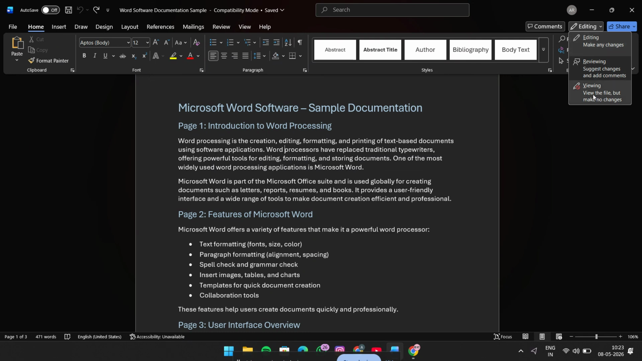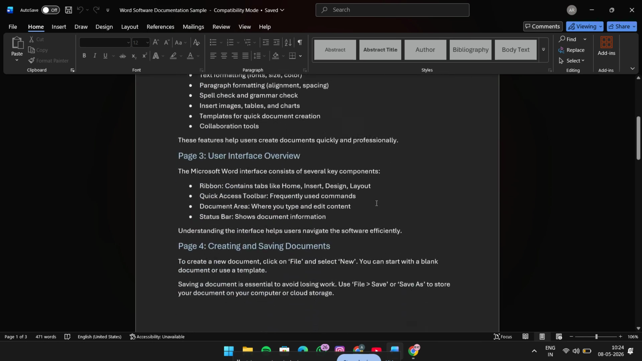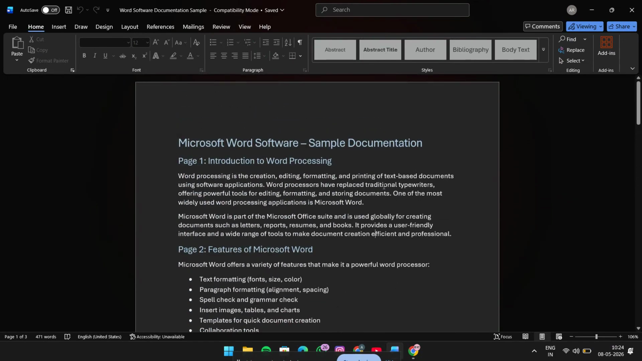As soon as you choose viewing, Word will switch out of edit mode and into a read-only style view. This means you can scroll through your document, check formatting, and read the content without making accidental edits. It's perfect for reviewing final drafts, checking someone else's work, or simply viewing a document safely before you make changes later. If you need to go back and edit the file, you can always click the mode button again and